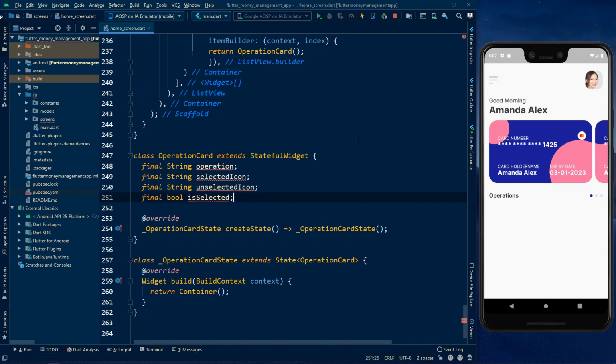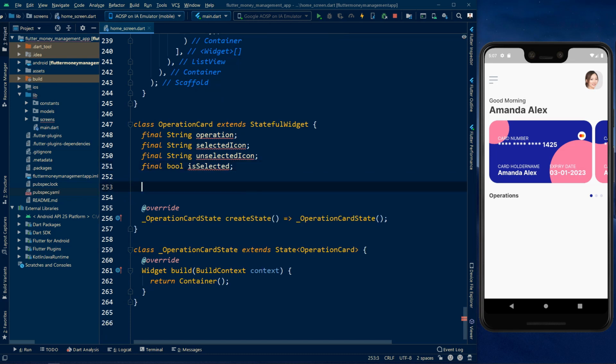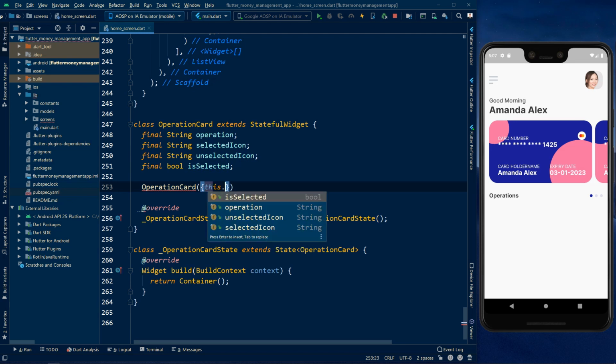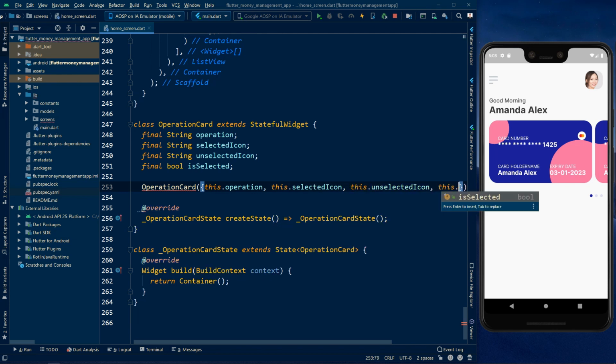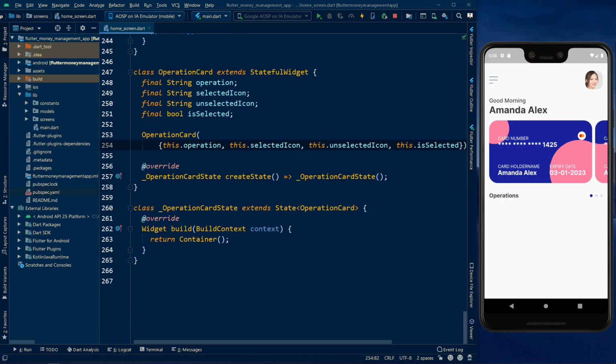And I think we have to create four variables, but we set them to be final. And again, we say right here operation card, and we say this.operation, this.selectedIcon, this.unselectedIcon, and the last but not least, this.isSelected. Alright, and we scroll to here, and for that we have to return container, and inside this container we can set margin, and for the margin only right, and for the right 16, and for the width 123,